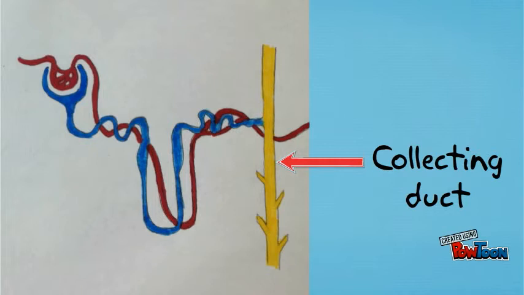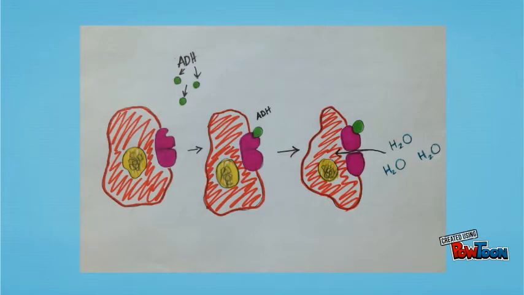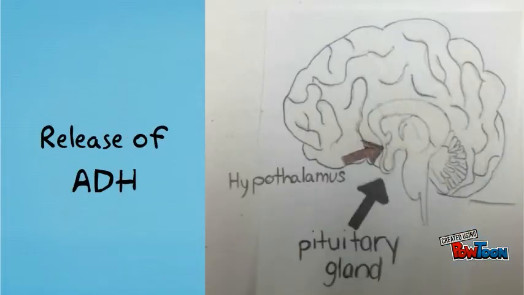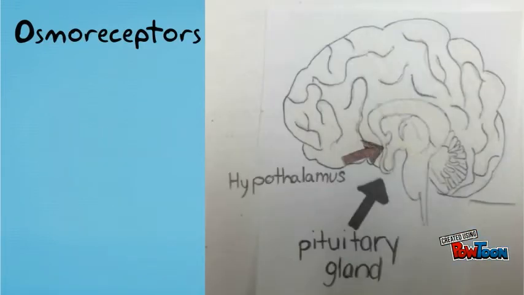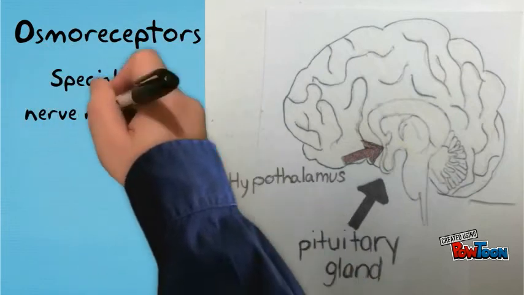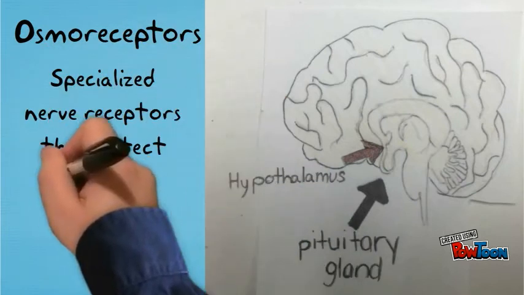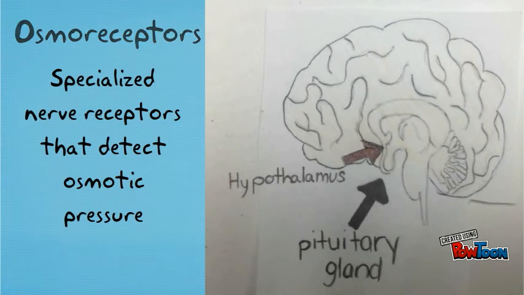Water reabsorption also occurs in the collecting ducts, but only with the presence of antidiuretic hormone. ADH opens aquaporin protein channels located on the cell membrane to allow water to enter the cell. The release of ADH is stimulated when specialized nerve receptors known as osmoreceptors, found in the hypothalamus, detect the drop of osmotic pressure in the body and send a message to the pituitary gland to stimulate the synthesis and release